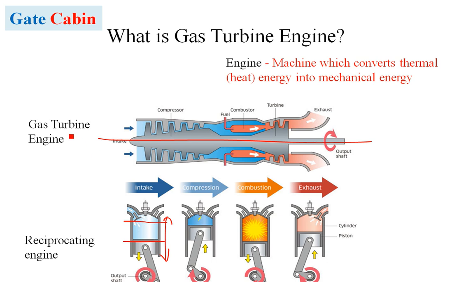So in a single go, the air is compressed, combusted, expanded, and then exhausted with a high speed jet. That is the major difference between the reciprocating engine and the gas turbine engine. These are the two major differences. Plus, because we are flying in the air, there is an abundance of air in the atmosphere, so the fuel required is only for the combustion process to provide energy. The working medium of the system is actually gas.